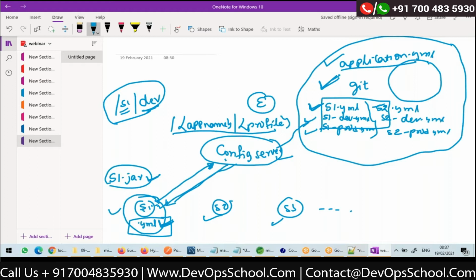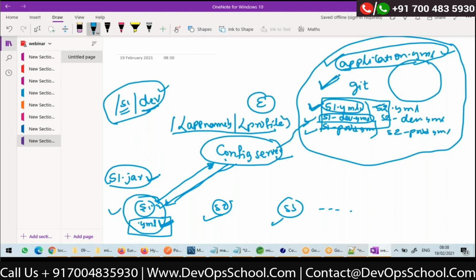Now the question is, when I gave a request like this, configuration in what all files will be given? The configuration present in s1-dev.yaml will be given, and also s1.yaml will be given, and also application.yaml will be given, because application.yaml contains configuration common to all microservices.